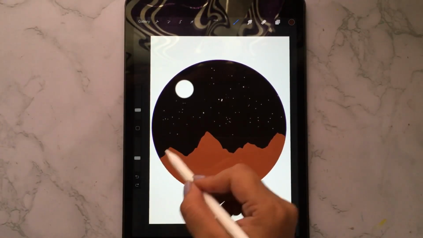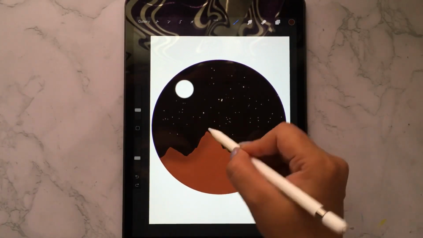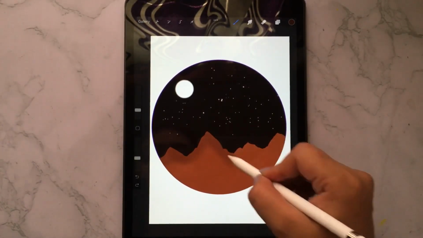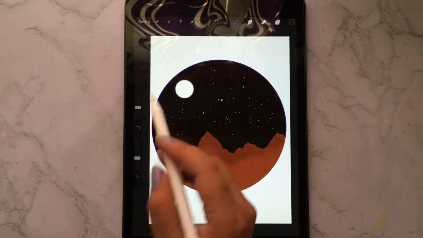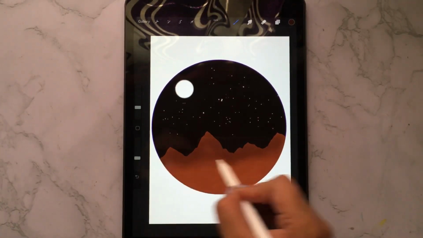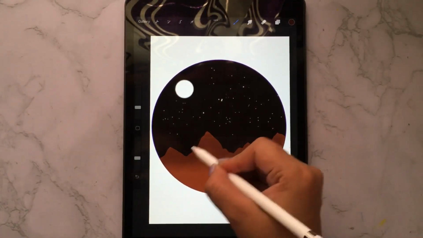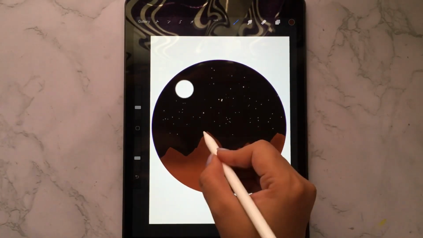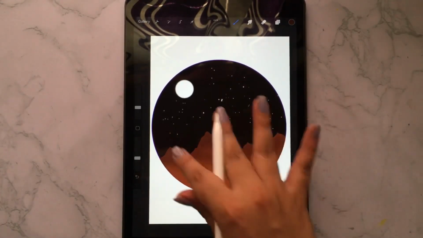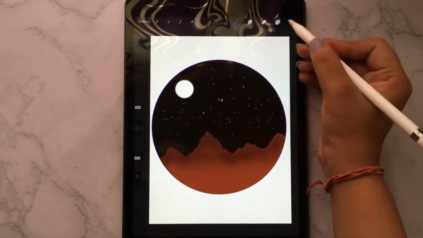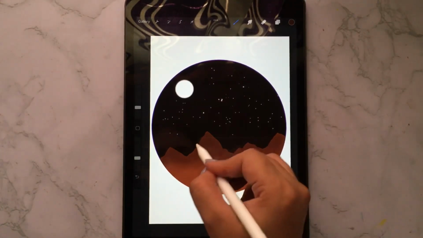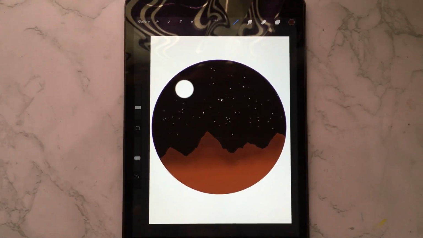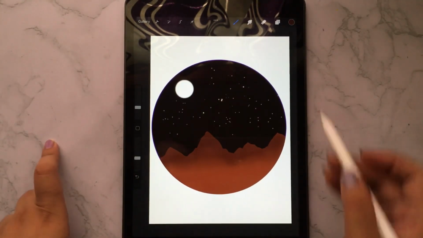6%, and do the shading on the edges of the mountain, so it will look more realistic. You can change the size up to 10. The color will not go out of this mountain because we have done the alpha lock in this. So see, you can make this very easy landscape like this.